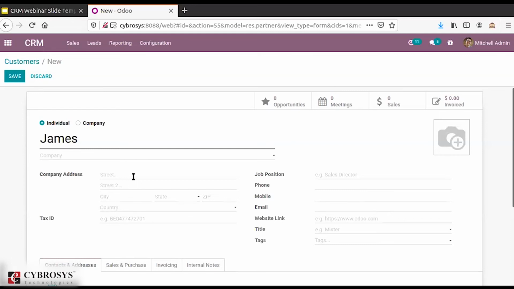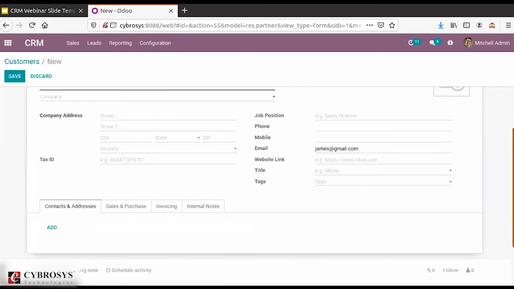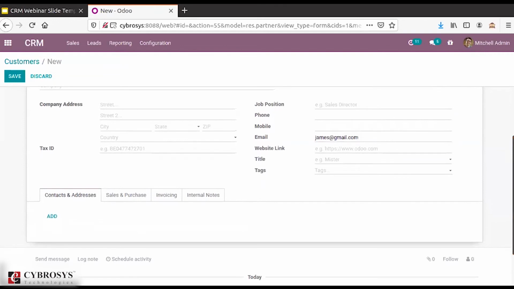So here you can simply mention the company address, street, city, states, and tax ID, and other informations like job positions and phone number and email and all. So just providing the email and also the website link and all. Then when you come down here, you can see other certain information. So here you can see a different set of tabs.